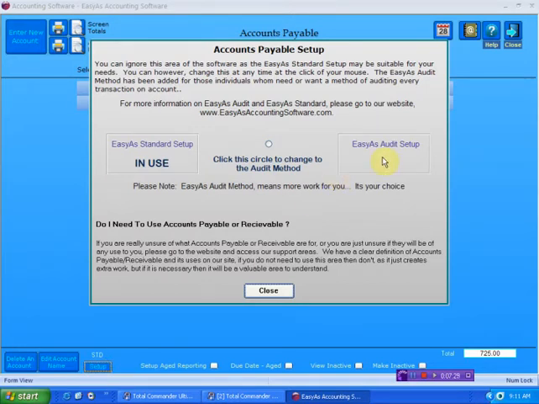to audit. What's the difference between the two methods? Standard is simplistic. Audit method is more work. Just remember that. Simplistic versus more work. Depending upon your business and depending upon your needs, audit method, which is more work, may actually be right for you. If you're, such as I mentioned before, a gentleman that I know that's saving thousands of dollars each year,